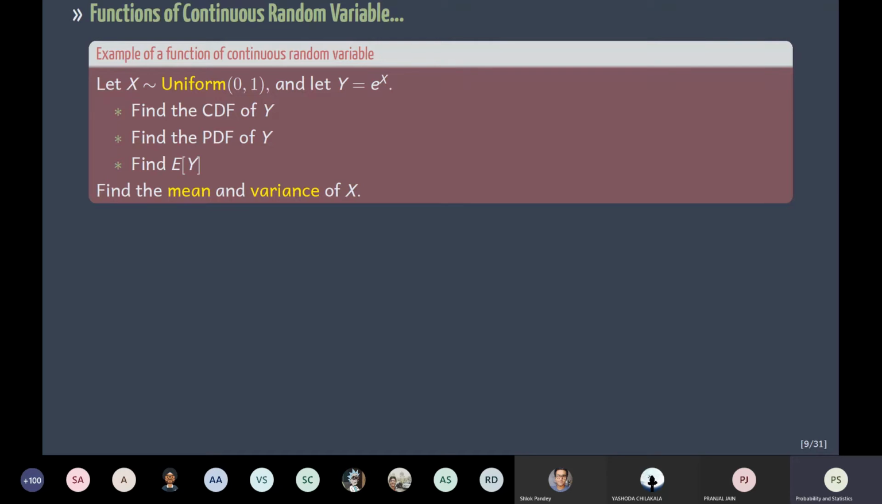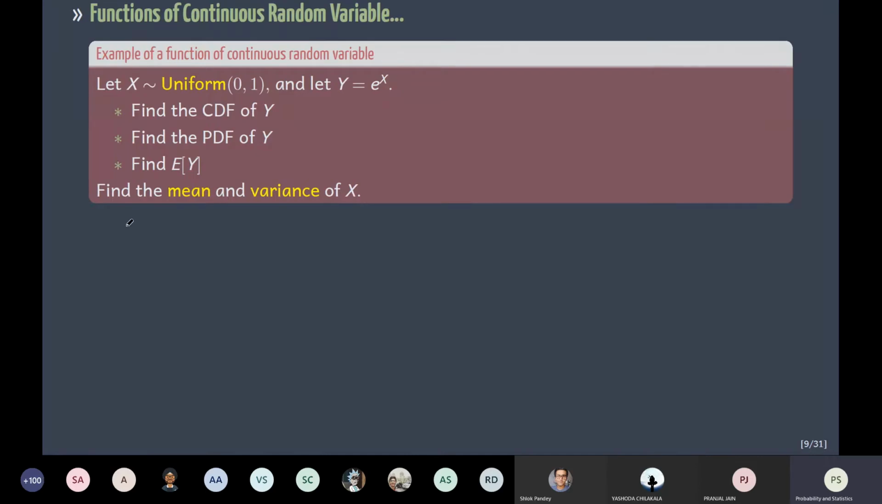Okay, so let us see an example, let us see how we can solve this. So what do we have in hand? We have the uniform distribution. So we are given that x is a uniform distribution with the parameters 0 and 1. So this means that